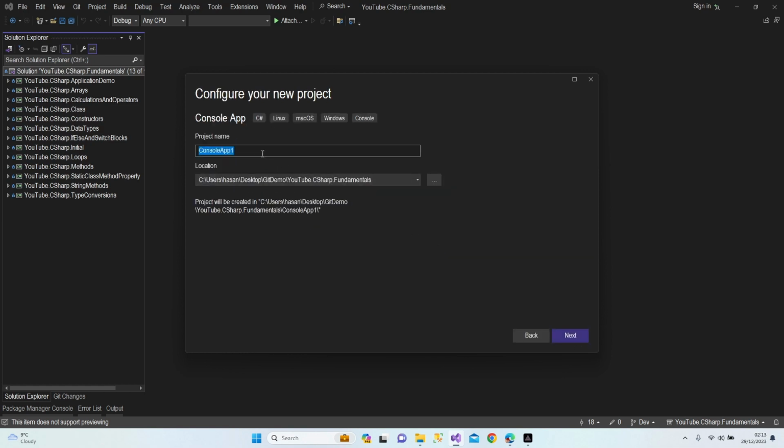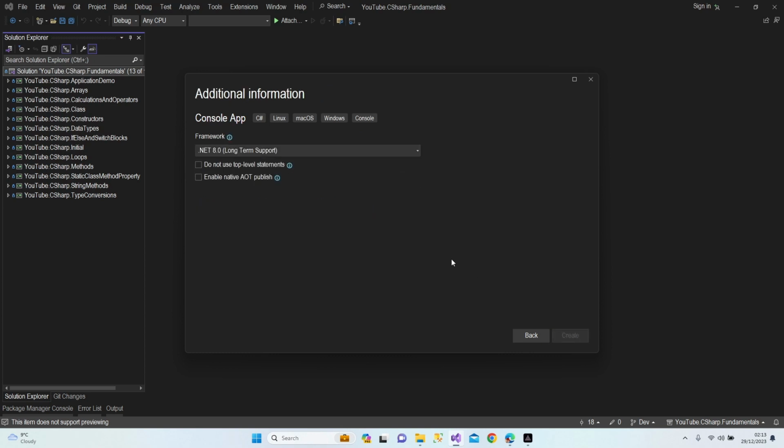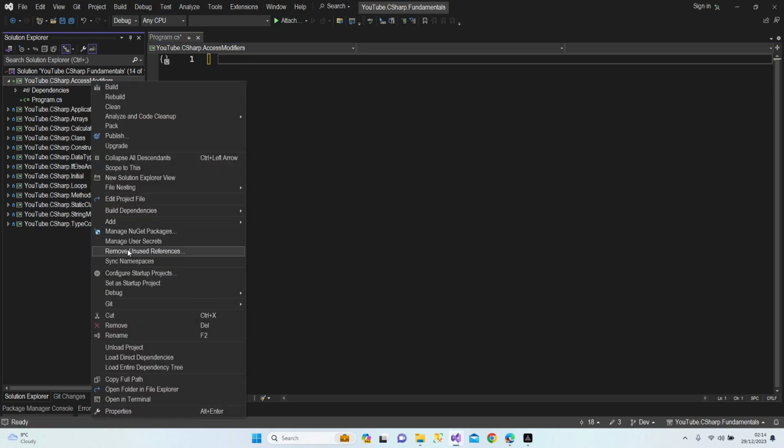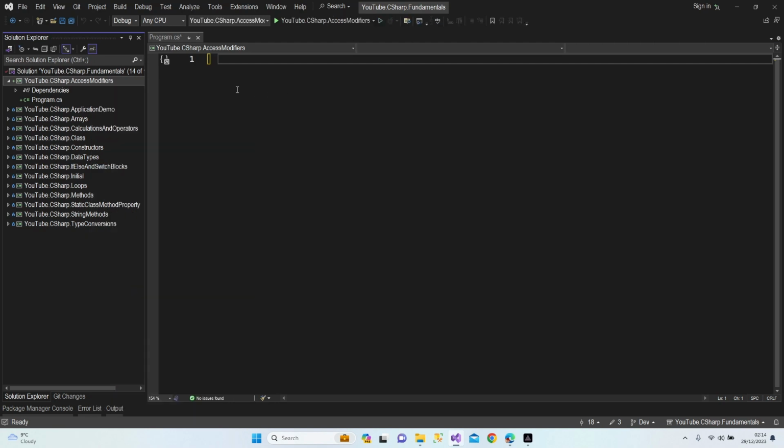Next, YouTube, CSharp, access modifiers. Next, great. C# access modifiers, perfect. Let's delete it and set as a default project. Where is my, yeah, startup project. Okay, let's type our title,